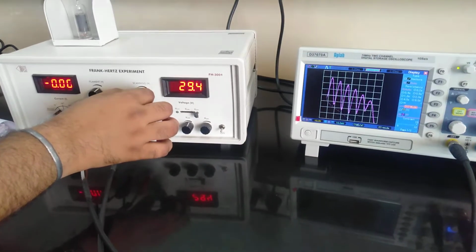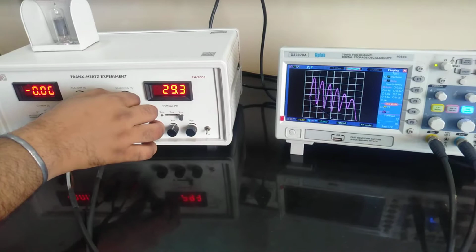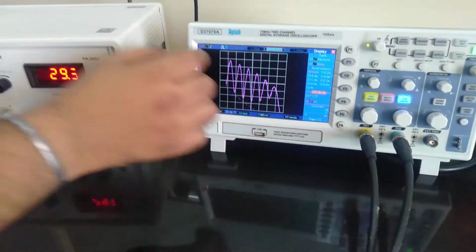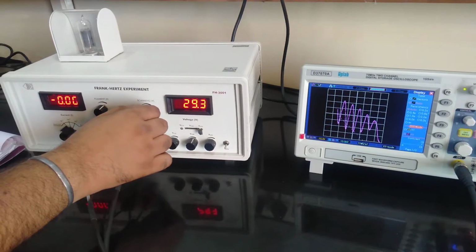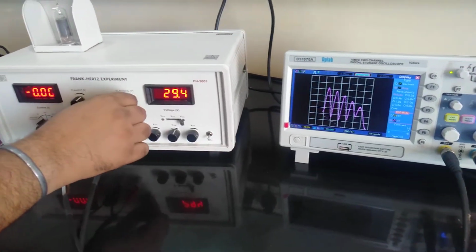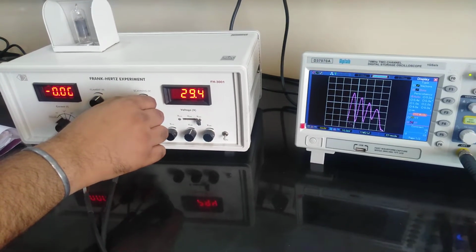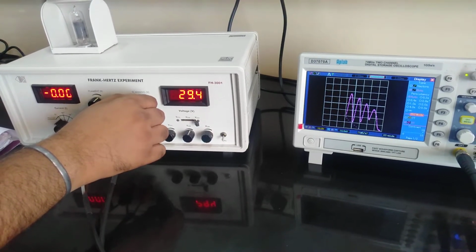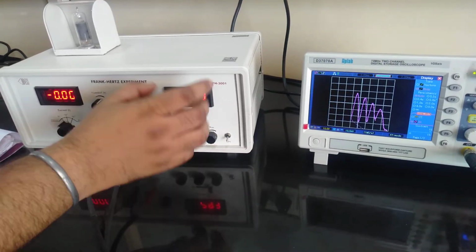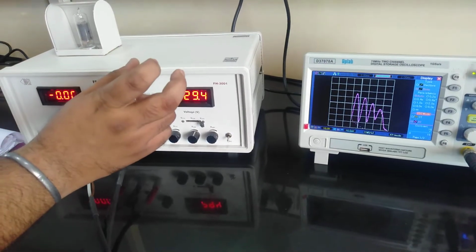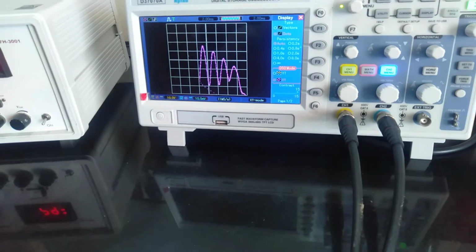And the scanning voltage is kept at maximum, so you can see that there are 1, 2, 3, 4, 5, 6 peaks. Now if I decrease the scanning voltage, you can see that now there are only 5 peaks. Now there are only 4 peaks. So this is the advantage of the scanning voltage: what it does basically is it decreases the range of VG2K, so automatically this thing shrinks.